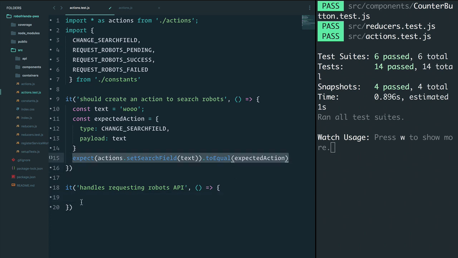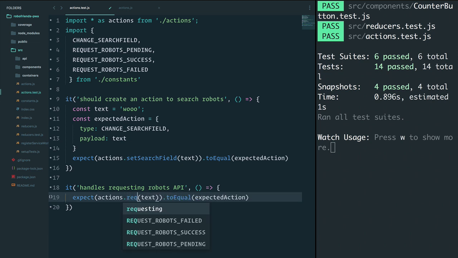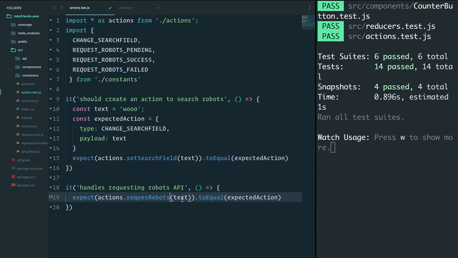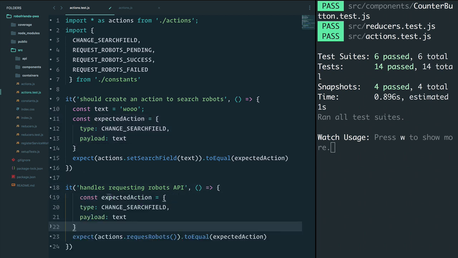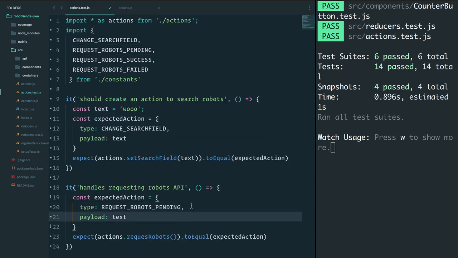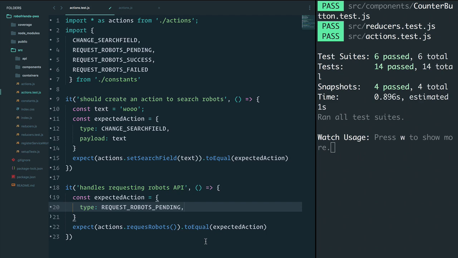If I run the expect actions.requestRobots action, I believe that's what it's called, yeah, requestRobots, and we leave it at this, and let's just say that we expect the type of the action to be requestRobotsPending. And payload, if we look at our actions, we're not sending any payloads, so we can just leave that as it is. If I save,